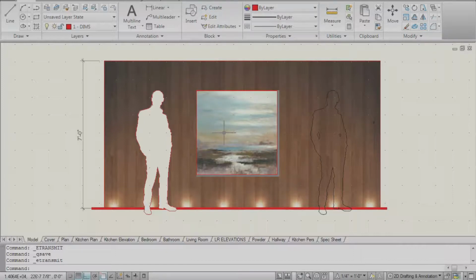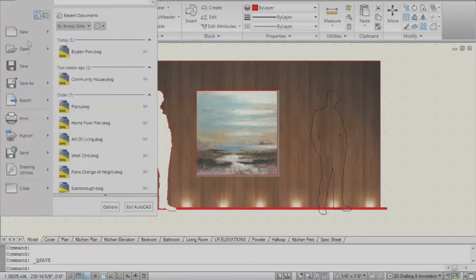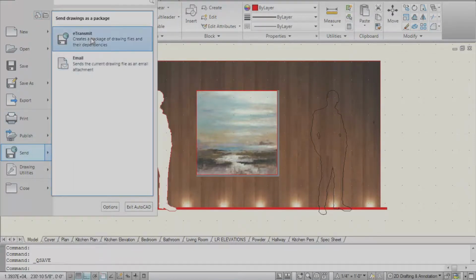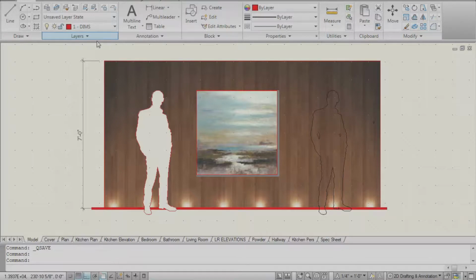So if you want to send everything that is attached to this, meaning that by the time the person opens it, they'll see everything, the images will be linked and everything like that, what you'd do is you'd go here, make sure it's saved first, then go to your icon right here, go to Send and Etransmit. You click on Etransmit,